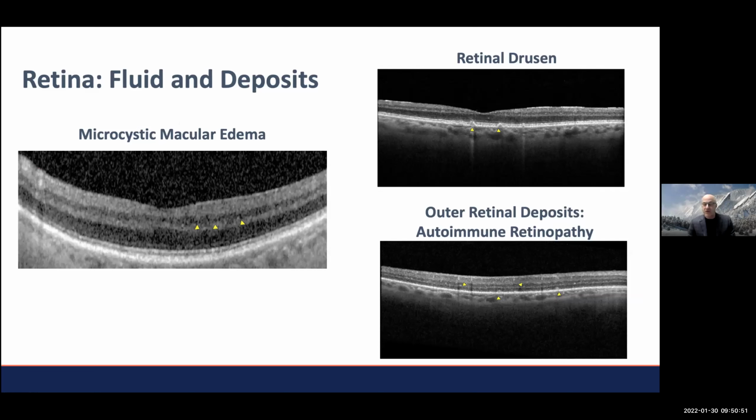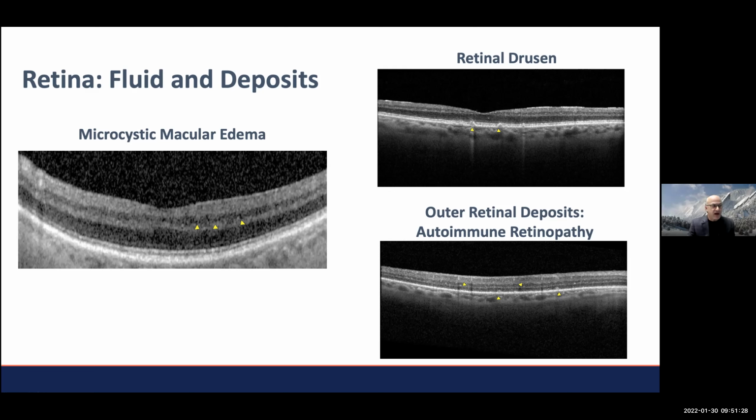I'm not going to go through all potential retinal pathologies, but those of particular note in neuroimmunology you might see, including microcystic macular edema, as noted in the previous lecture, retinal drusen, which can often be confused with other deposits as shown here on the inner side of the retinal pigment epithelium, that are due to outer retinal deposits from autoimmune retinopathy. So, seeing how OCT can show you thinning and thickening and fluid and deposits in various levels of